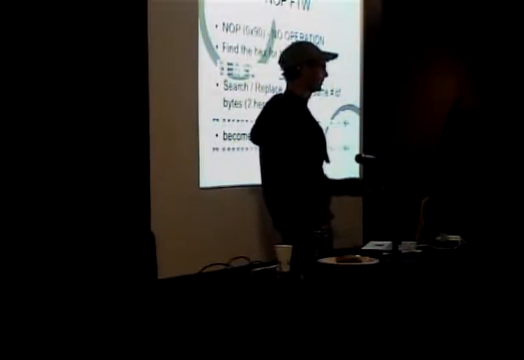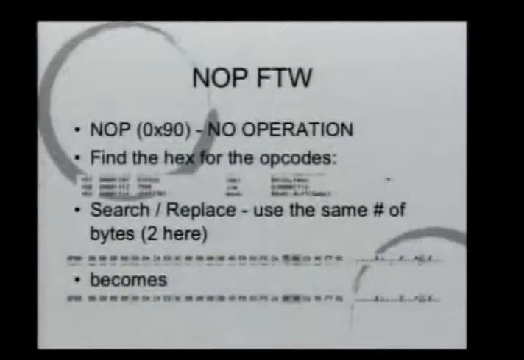So no-op for the win. One of your favorite commands if you're ever reverse engineering something and you just want code to go away. In hex, it's 90. It literally just means no operation. The CPU is just like, all right, okay, can I do something yet? No? Okay, cool. And it's funny because you'll actually see a lot of programs